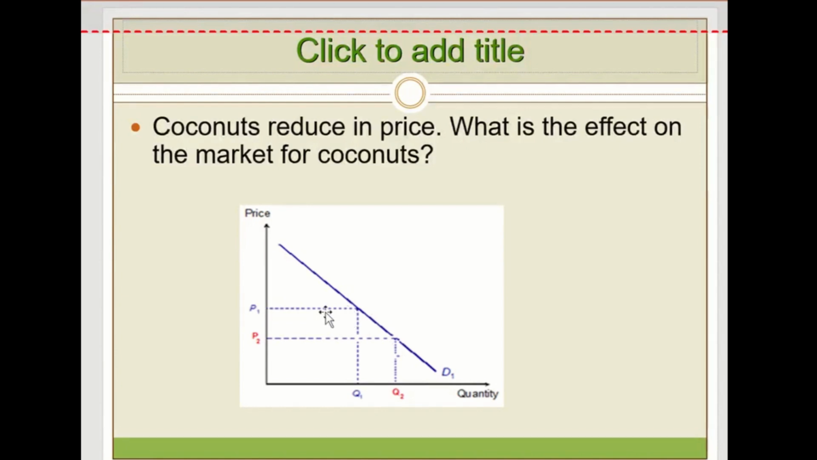So the price was P1, the quantity that was demanded was Q1. So now the price is decreasing from P1 to P2. What will happen? Consumers will demand more of the good, from Q1 to Q2. So you have a movement along the demand curve from this point to